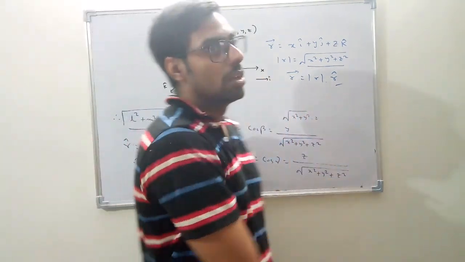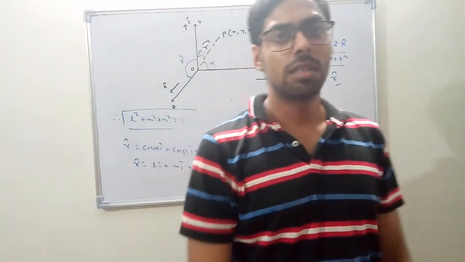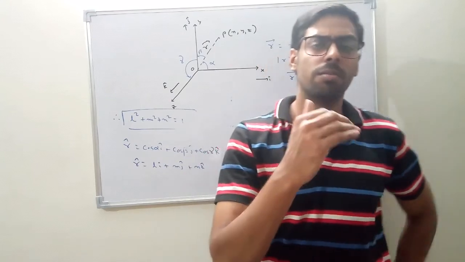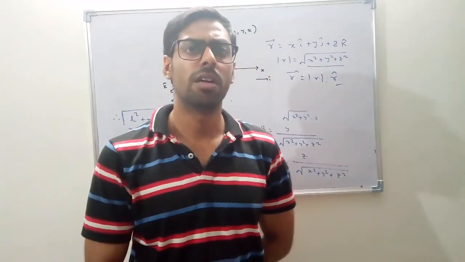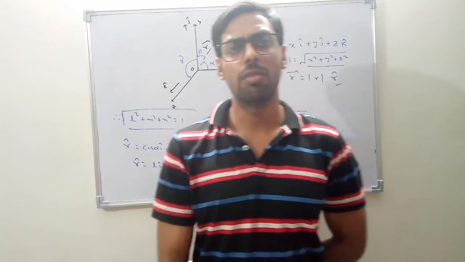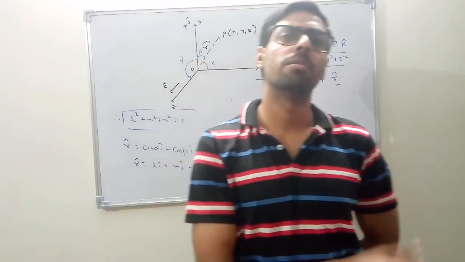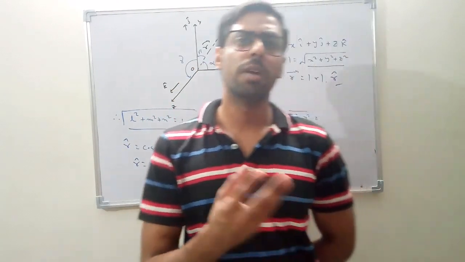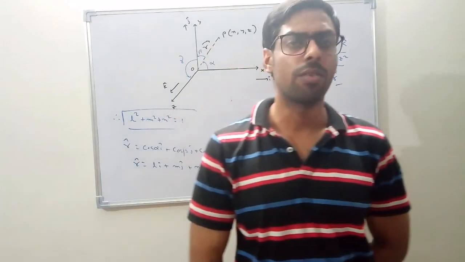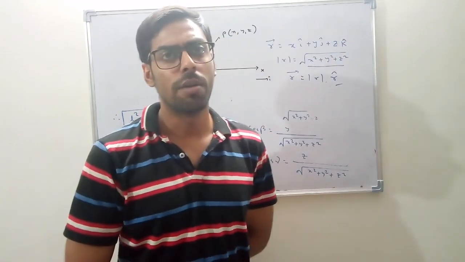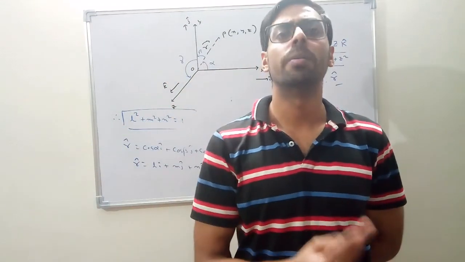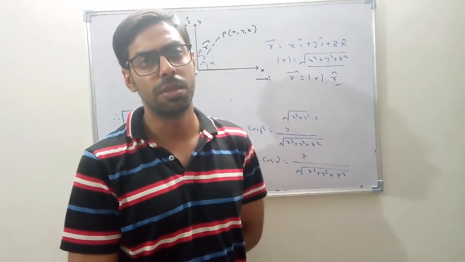So I have discussed the basic features of a vector quantity. What is a vector? What are the addition rules of a vector? What are the subtraction rules applicable for vectors? What are the vector multiplications? What do you mean by resolution, rectangular resolution and components of a given vector? And then the representation of a vector in two-dimensional space as well as in three-dimensional space.